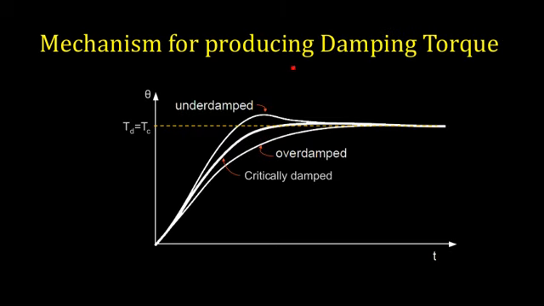Then the third type of torque is damping torque. We have already seen deflecting torque and control torque and the mechanisms for those. The third type of torque is damping torque. Generally we have such a graph associated with different damping mechanisms. That is, you have three types of damping defined: critically damped, over damped, and under damped. I'll take a simple example to explain this curve.